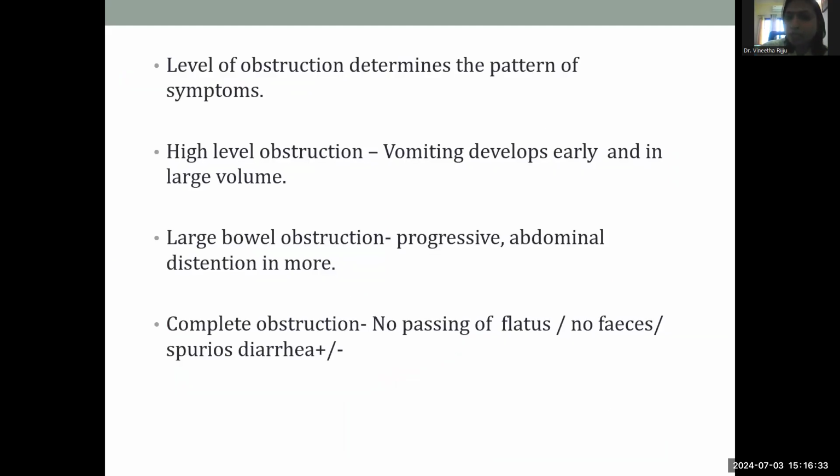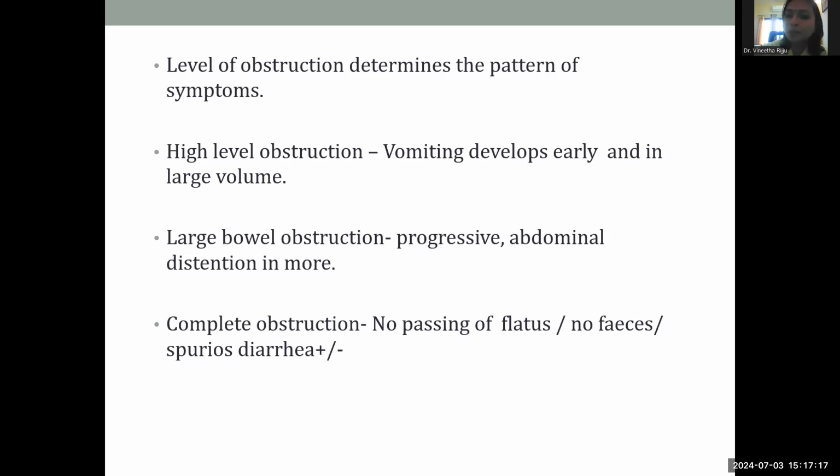So the level of obstruction determines the pattern of symptoms. So generally, you want to know where the obstruction has happened for this patient. You are going and visiting the patient at home, and the patient says, oh, I'm just vomiting so much that I'm not even having so much liquid. I don't know from where so much fluid is coming. Just vomiting so much and so much. So when there is a high volume vomitus, it happens in small bowel obstructions. Okay, so that is a catch. You can know you are looking at a patient who is having a small bowel obstruction.